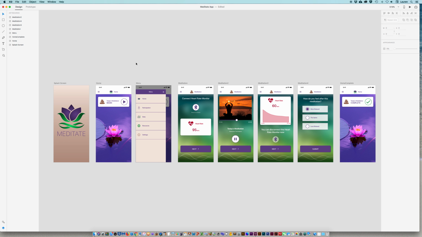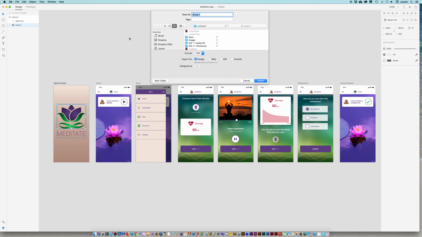I can do the same things for specific assets. Can select the icon, for example, File, Export, Selected, or All. But I'm going to click Selected. I can rename this from the group name if I need to. And I could select SVG here. Of course, saving any images as embed. And this way we can use this SVG file for the development of the app as well as in other